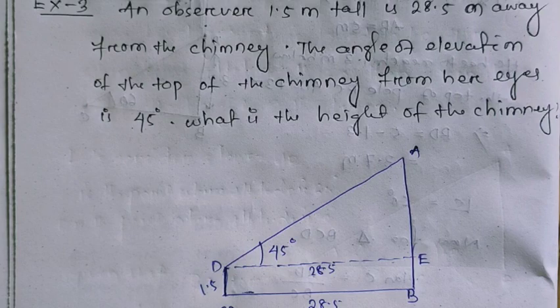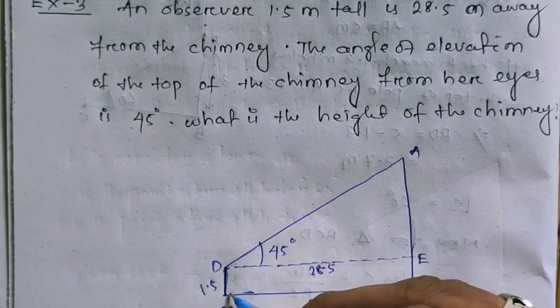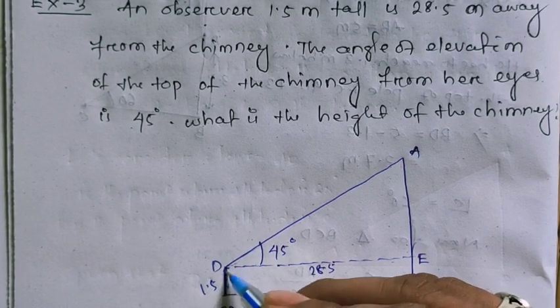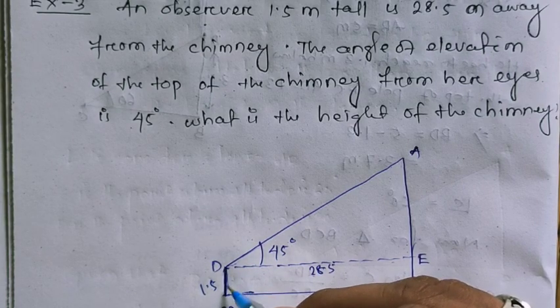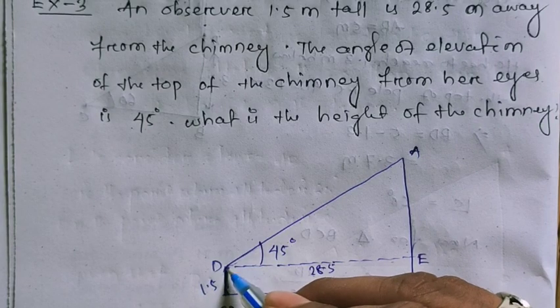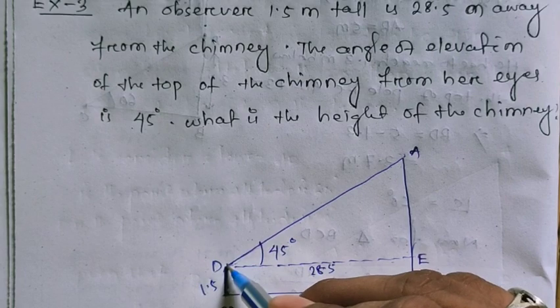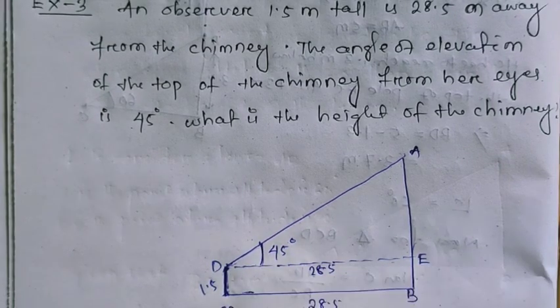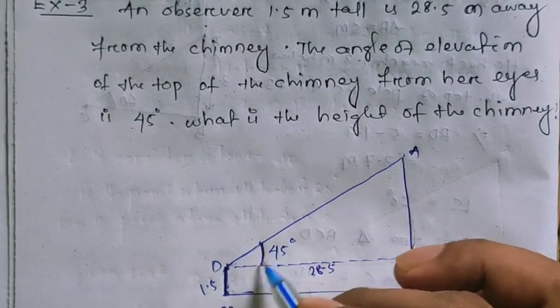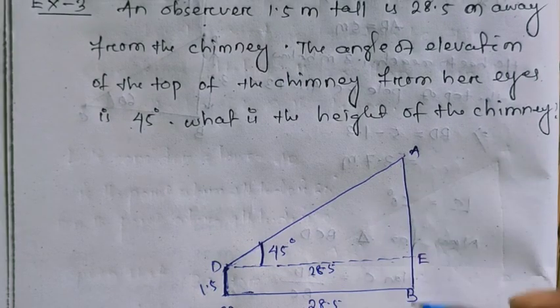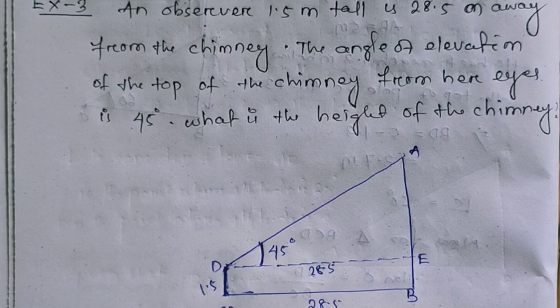Understand up to this? And the angle of elevation of the top, we cannot take the angle of elevation from here, because the man standing here could not watch from his toes, right? Because this is the foot position, this is his eye position. So he can see the top from his eye. So the angle of elevation should be calculated from here. The angle of elevation given is 45 degree. What is the question? We have to find out the length of the pole, that is your AB.